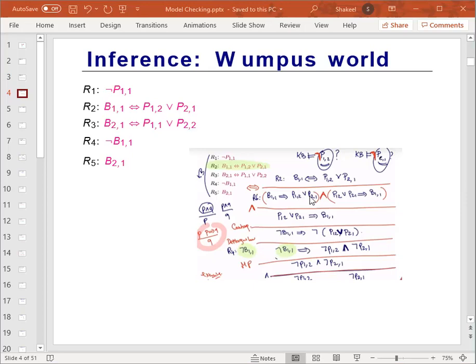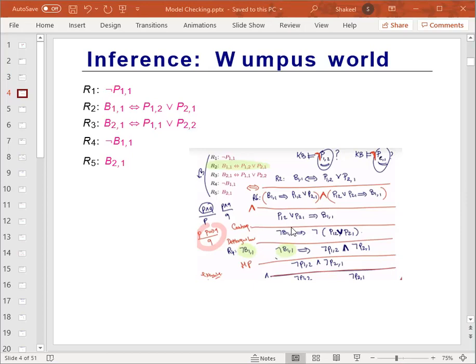To show that we have these two elements here, proposition P and proposition Q, and want to see what we could do next. So let's call this the rule R6. From R6, remember, if we have a proposition P and proposition Q, then we could infer P, and from P and Q we can also infer Q.